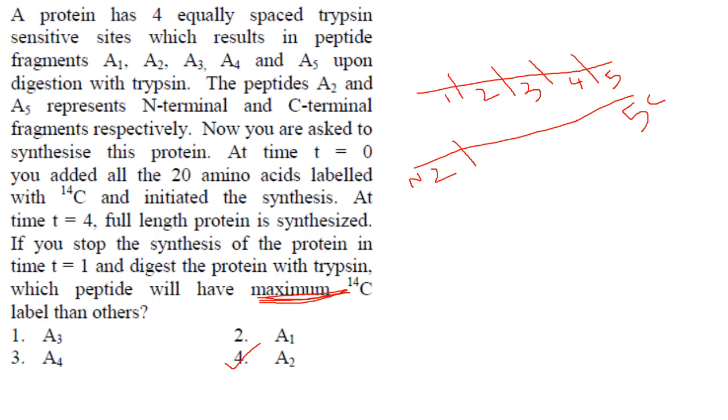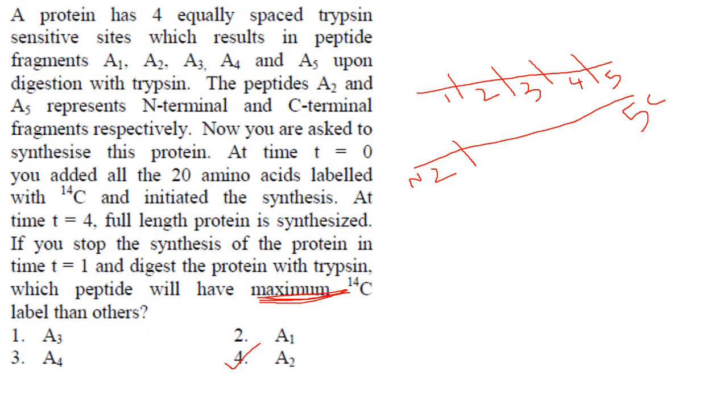If you stop the synthesis of the protein at time t is equal to 1 and digest the protein with trypsin, which peptide will have maximum C14 label than others? Full length synthesis requires 4 minutes or 4 hours or 4 seconds. Now if you stop the synthesis of the protein at time t1,